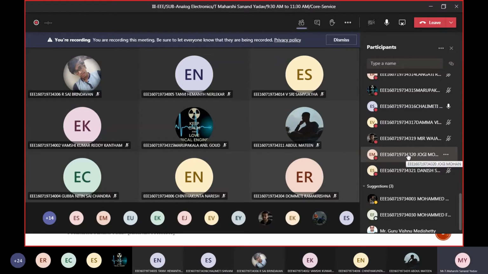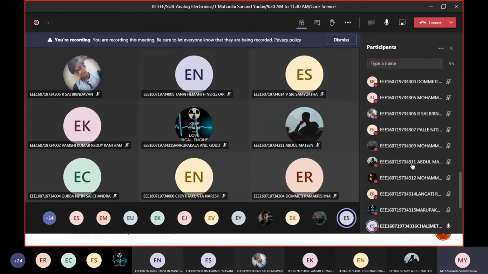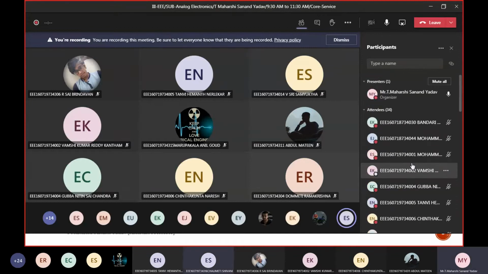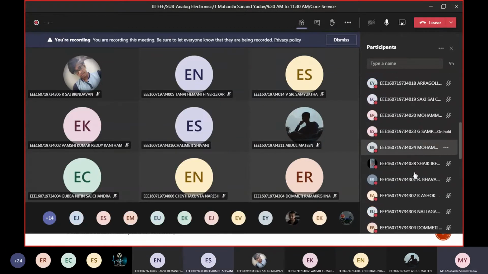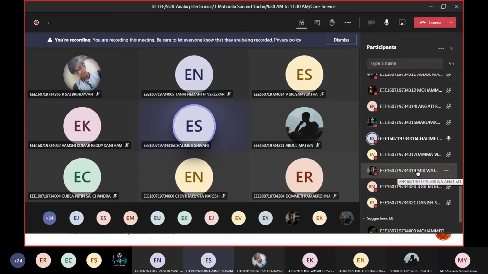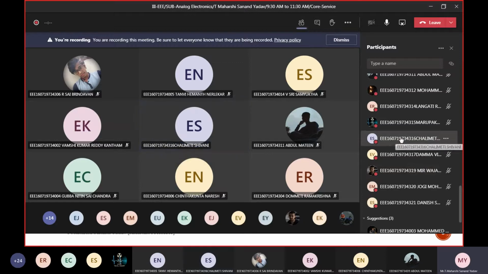What are the other parameters that you need to consider while choosing a good amplifier? Feedback we have used to know, sir. Feedback. And what are the characteristics that you need to check? Voltage gain. Next, input impedance and output impedance. Next, what is bandwidth? FL minus FH. Lower minus higher or higher minus lower? Higher minus lower, sir. Higher cutoff frequency minus lower cutoff frequency.